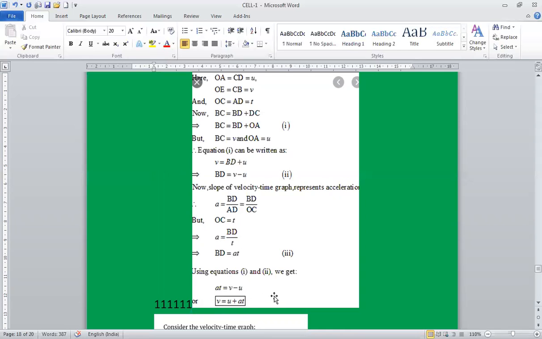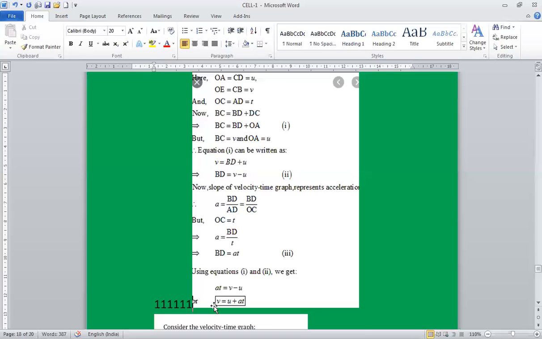This is our first equation of motion, and it gives a velocity-time relationship. It can be used to determine the final velocity V after a given time for an object moving along a straight line with a uniform acceleration if its initial velocity is known. We can also solve many numericals, including numericals of retardation, that is, negative values of acceleration.